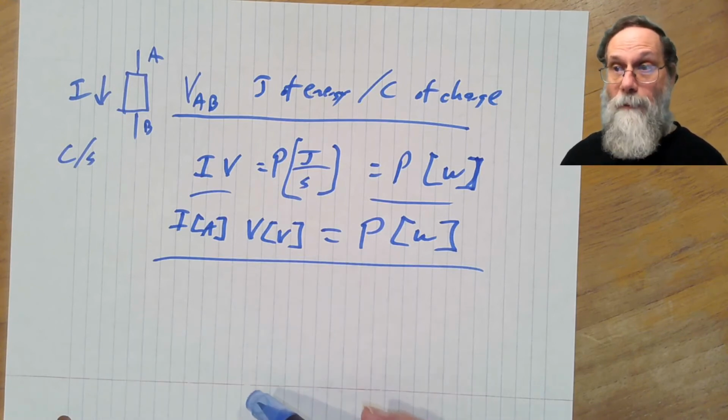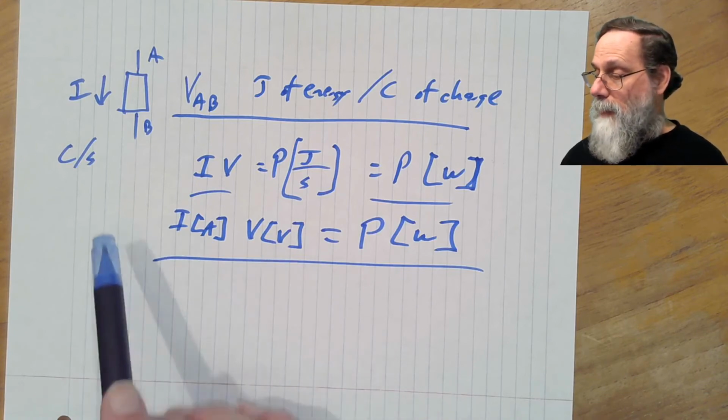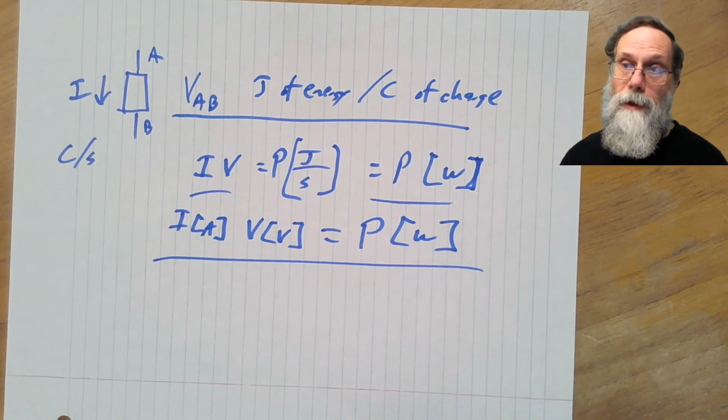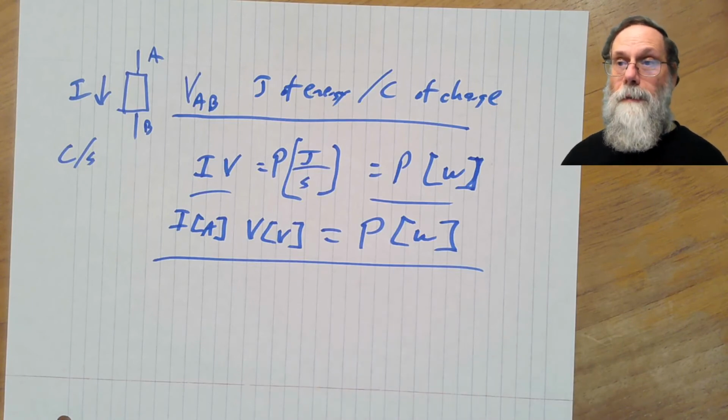Often we want something other than time varying power. We want some sort of average power measurement. We'll delay talking about that until we've talked more about time varying signals. But this basic formula works for both DC, where there's no change with time, and for instantaneous power. And we'll be using it a moderate amount in this course.